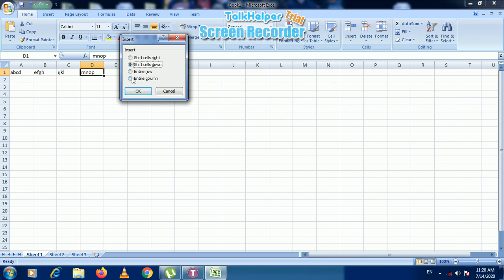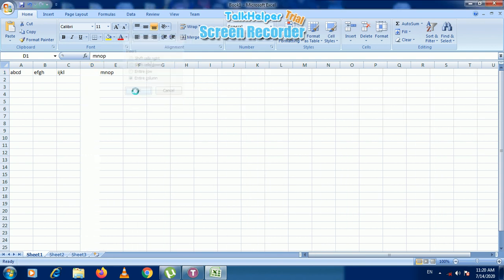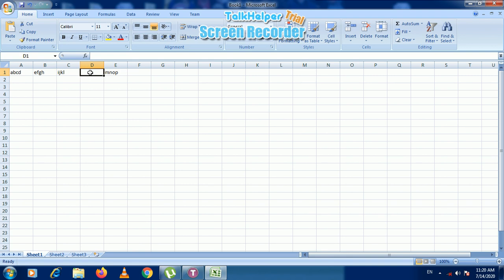If you click on entire column and OK, the entire column will be added on the left hand side of the particular cell which you have selected. On the left hand side of whichever cell you select, one column will automatically be added.